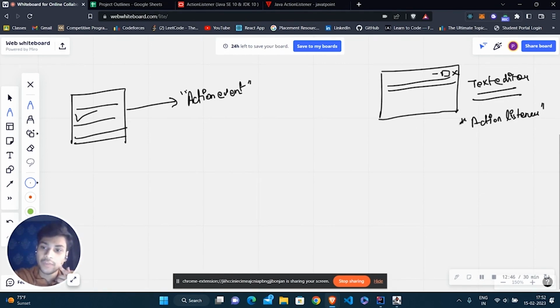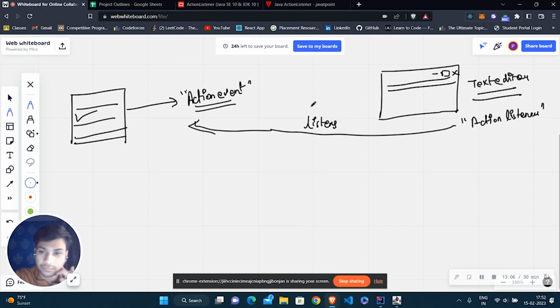Now we have added the action listener to all of these menu items, correct? When an action event is created, the listener listens to it, and we know that an action event is created. Now suppose there are menu items: this is item 1, this is item 2, this is item 3, and this is item 4.